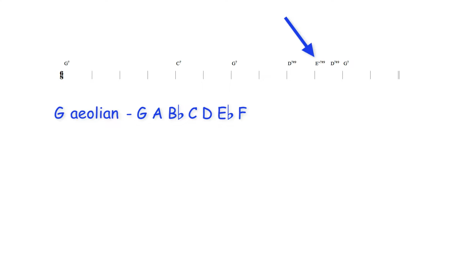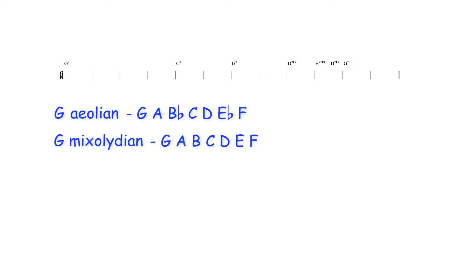The dominant on the flattened submediant is more typical of a minor blues, but its presence here contributes to the modal possibilities contained within the head's tune. These modal possibilities include G minor or G Aeolian, which is suggested by the inclusion of the E flat note, here harmonized as a dominant 7th chord, G mixolydian, the mode suggested by the G dominant 7th chords of the